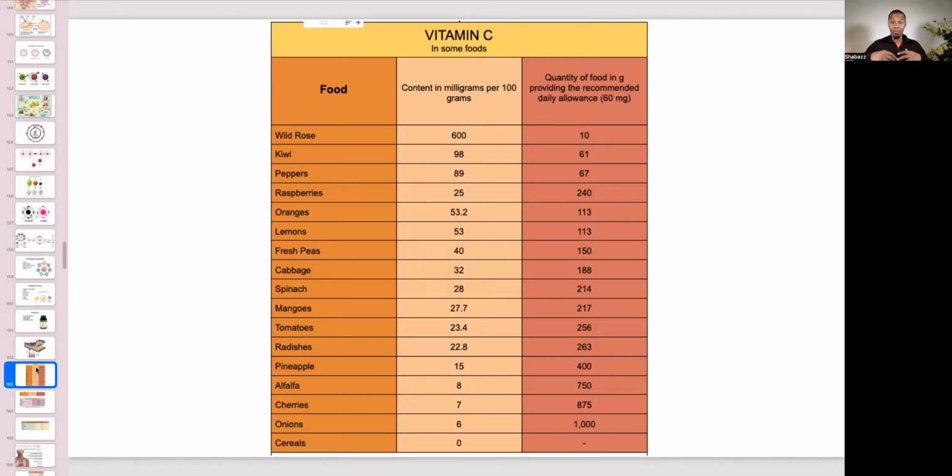And how does it leave the body? Through our stool, through breathing, urine, and sweat. So therefore, it's water soluble. We need to get it in every single day. So as we eat the vitamin C in all these wonderful foods, especially if you're having your lemon water in the morning, raspberries, you're making your smoothies, you're putting in all these wonderful blackberries, blueberries, raspberries, a wonderful source of antioxidants all in one clump right there in your smoothies.